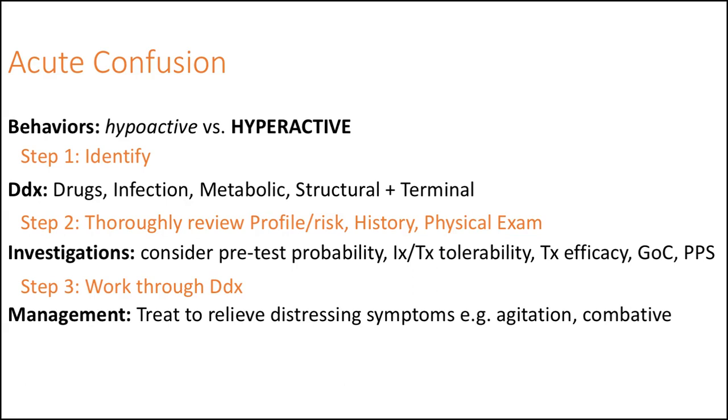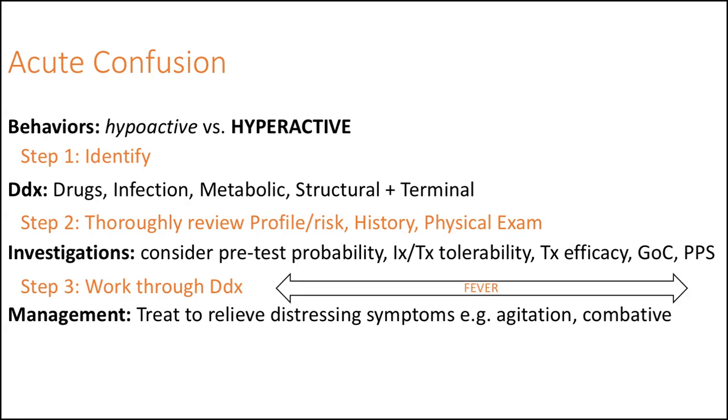So you have to consider what's the pretest probability based on your assessment, how will they tolerate the investigations and the therapy, what's the chance of that therapy being effective, and how does this all align with the patient's goals and current functional status and prognosis. For example, things can vary widely in terms of what you're suspecting, in terms of what you should actually pursue